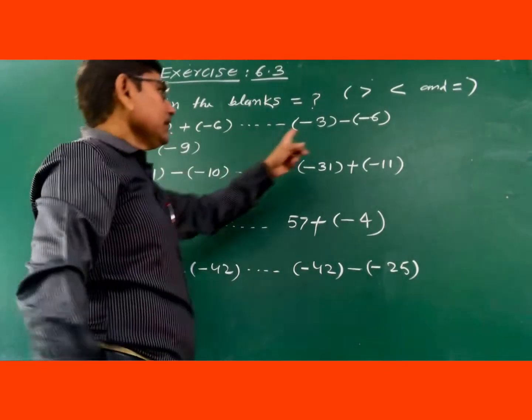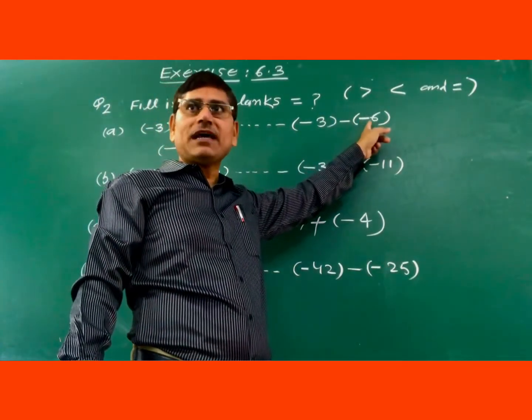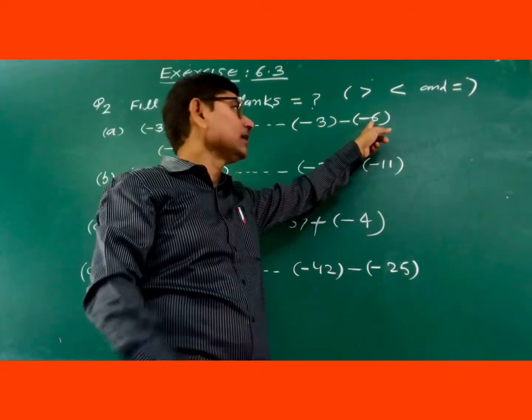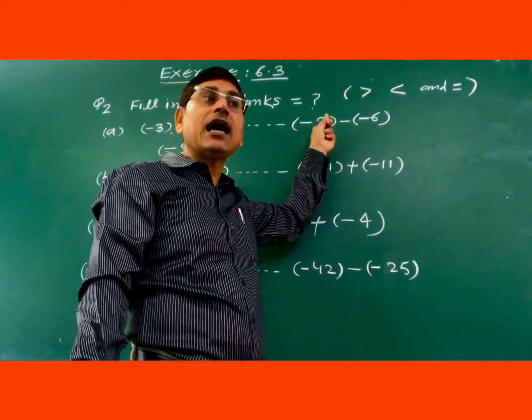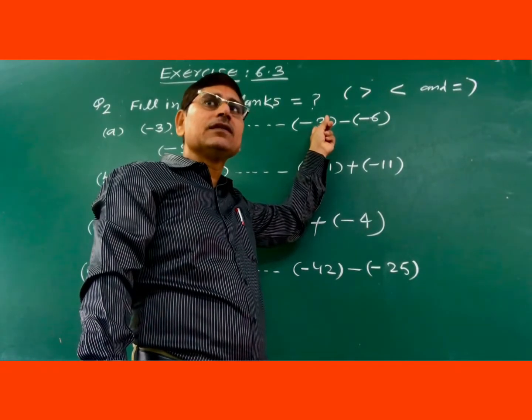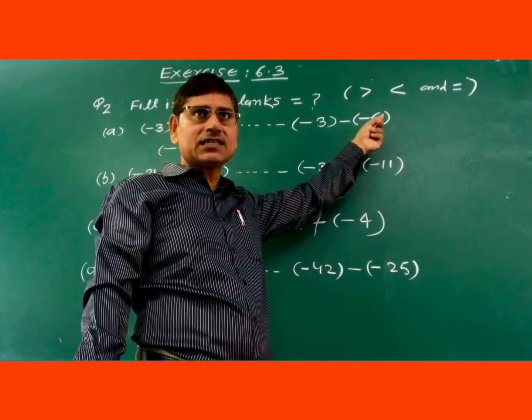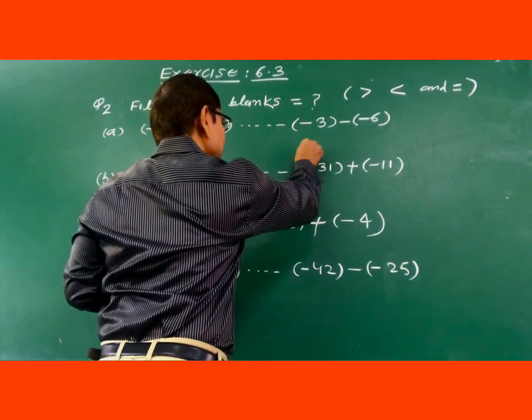After that this is minus and this one is minus. So this is the multiplication. Minus and minus is plus. Plus 6 and minus 3, how much? 6 minus 3 is 3. 6 is the plus, this means you will mark plus 3 here.